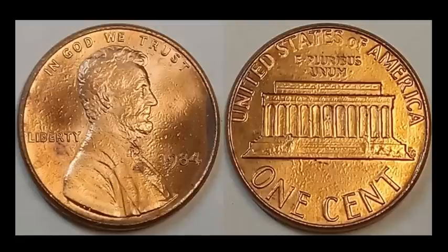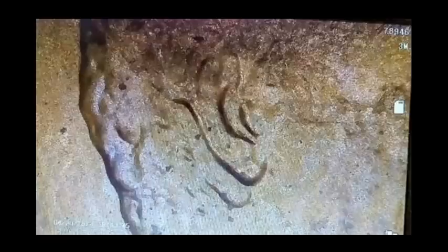We also have this 1984. All right, nice, I would say ungraded specimen. We don't see too many of these ungraded anymore. Usually they're in a slab of some sort, even ones that look like this. The pebbly, kind of bubbly surface is plating blisters, which is par for the course on these post-1982 era Lincolns. But 1984 FS 101 doubled ear, or DDO number 1, is